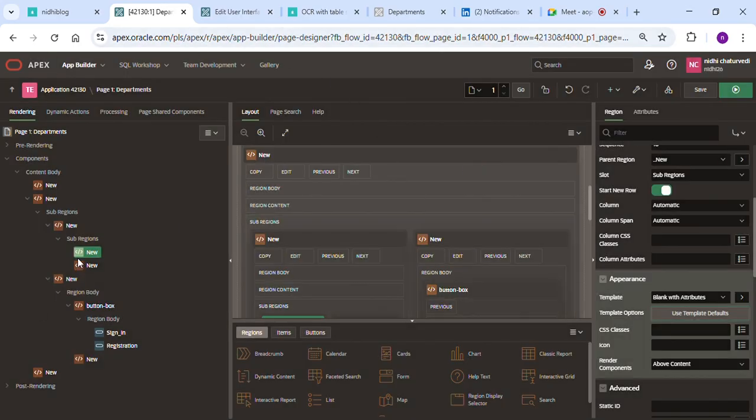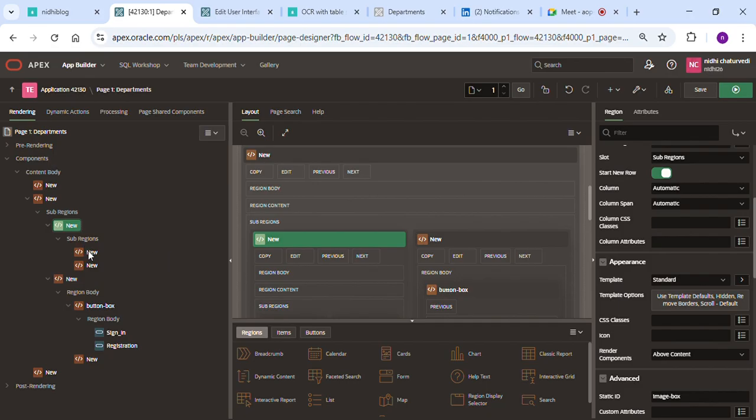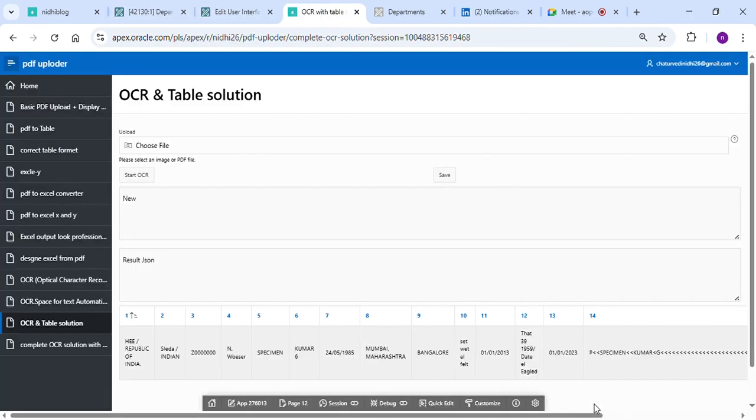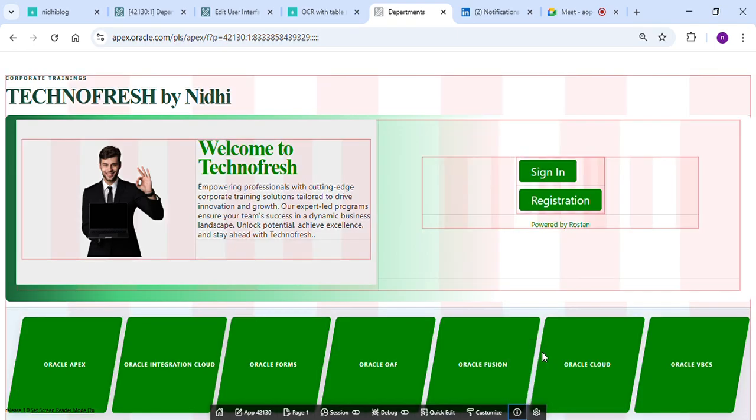So I am using the standard type here because, if you check this one, you can easily see the bootstrap columns here. First, second, third, fourth, fifth, sixth, seventh, eighth, ninth, 10th, 11th, 12th.